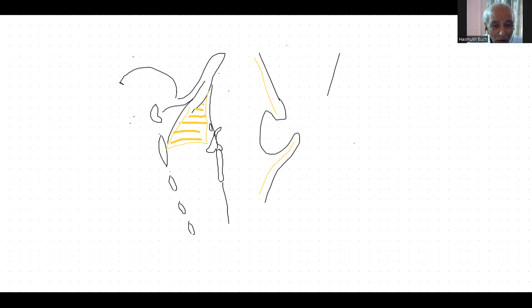The lower margin of that membrane here is called the vestibular ligament.